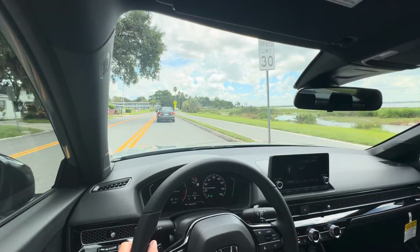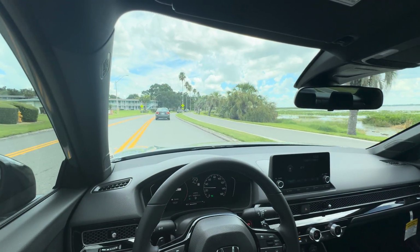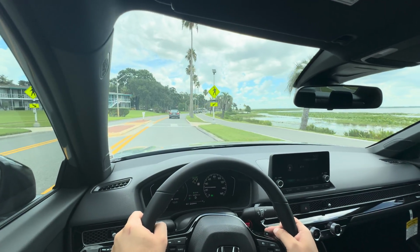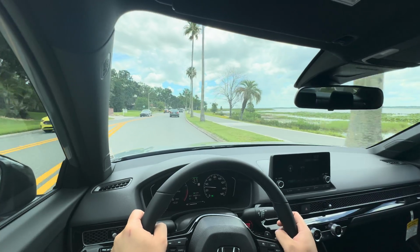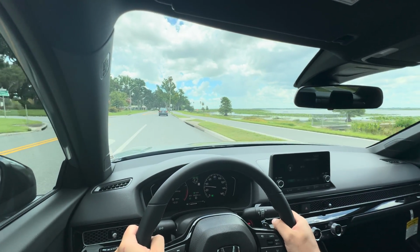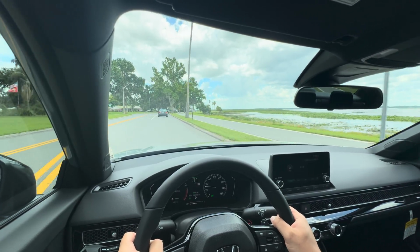engine. For that reason, although this car handles fantastically with excellent body composure and great isolation from the road while still feeling fun and nimble, I just can't call this a sports sedan. Sure, it says sport on the back, and sure, it's a sporty feeling Civic, but that's as far as I'm willing to call it. And I don't really know how sporty of a Civic this even is nowadays, that you